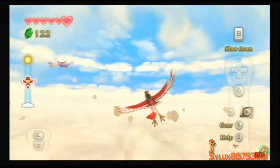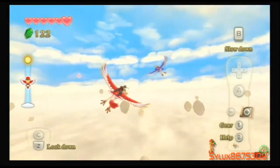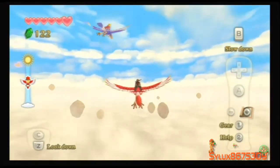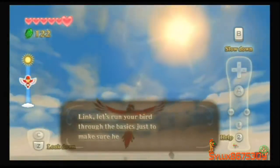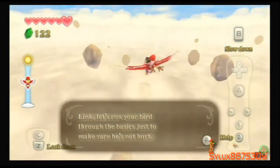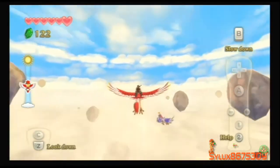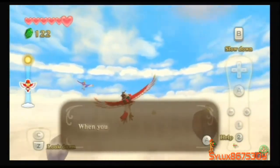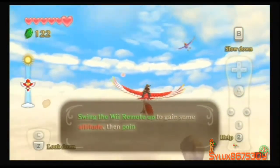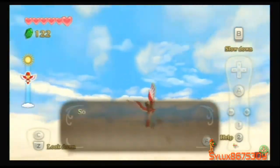Now for tutorials. Great. Amazing fun. Now this is all controlled by the gyroscope controls of the Wiimote. Like if I want to bank left, I just tilt left. Tilt right, tilt up, tilt down, tilt way down, etc. I got it. Yep, just go and push the...